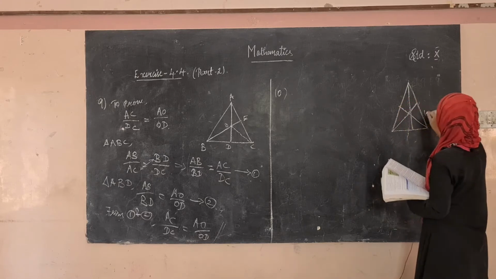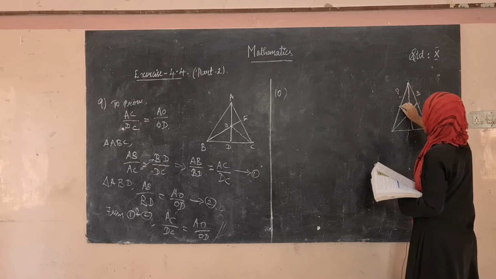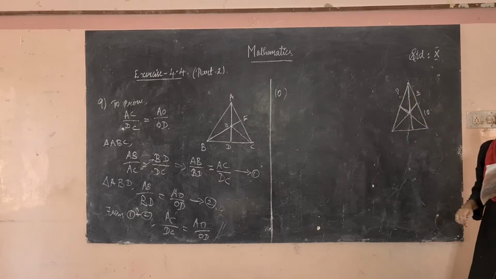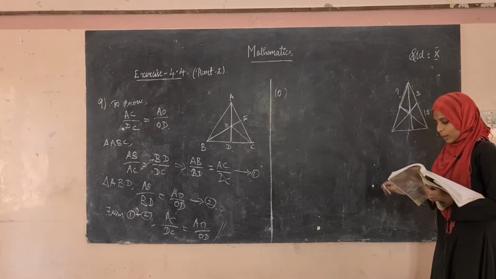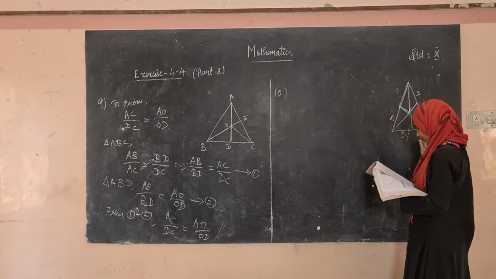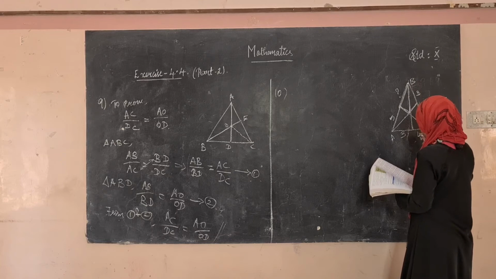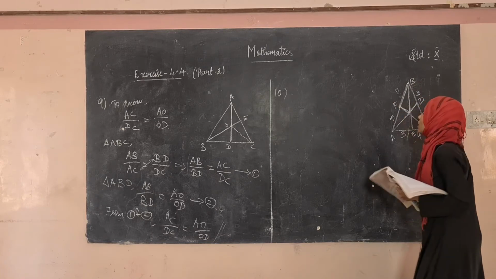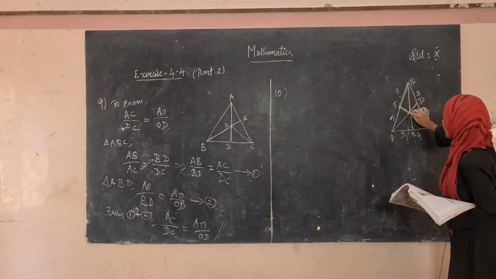This is 10 and this is 3. This is what you have to find. This piece is left out, and the artist has to insert this piece, so she has to know the length of this piece. And this is 5, 3, 4. Then we have to find this length.